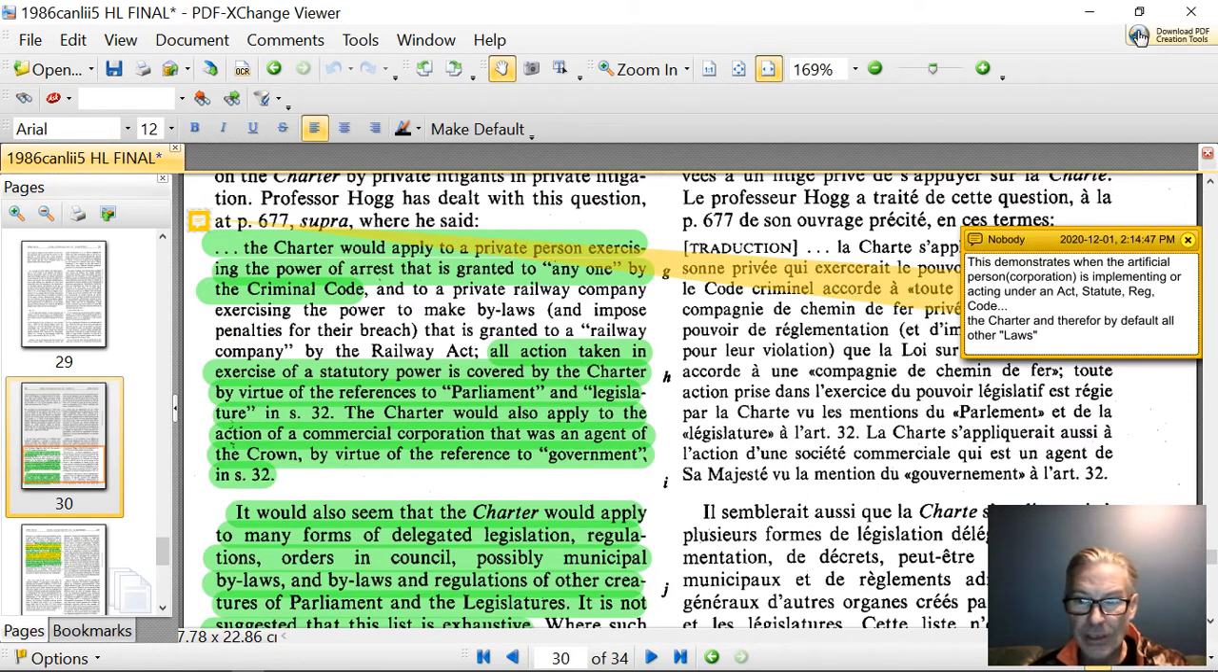This demonstrates when the artificial person or corporation is implementing or acting under an act, statute, regulation, or code, blah, blah, blah, is acting as an agent to the government. The charter applies, and therefore, by default, all the other laws. So,